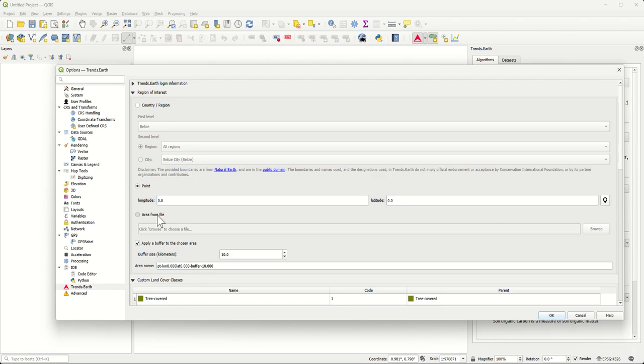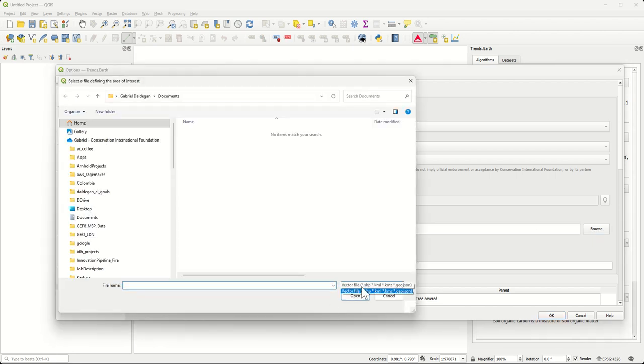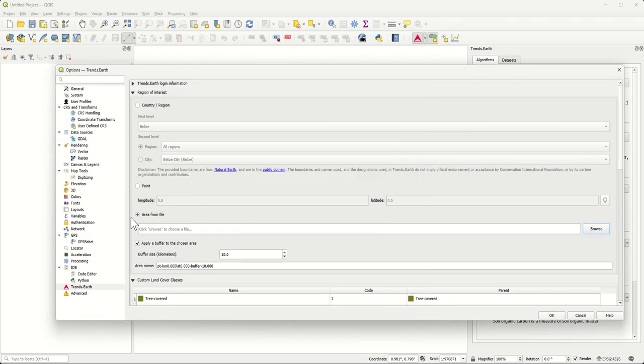And you also can select and bring an area from a file, meaning if you have a shapefile, a KML, a KMZ, or a GeoJSON. So those are all options that you can use. And you can import that file, and that's going to be used by trends.earth to select your unit of analysis.